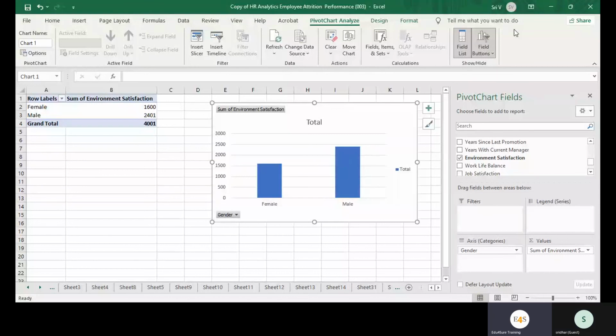Just do all these analyses, and wherever you think you are not able to understand the insight, you can ask me. Calculate those metrics as well. Then we will start predictive analysis, and dashboard and report will be covered in the next session. Regarding that Power BI session, you have to enroll separately one to one. There is no batch. We have one batch, but that is totally for Power BI, not Power BI in HR.